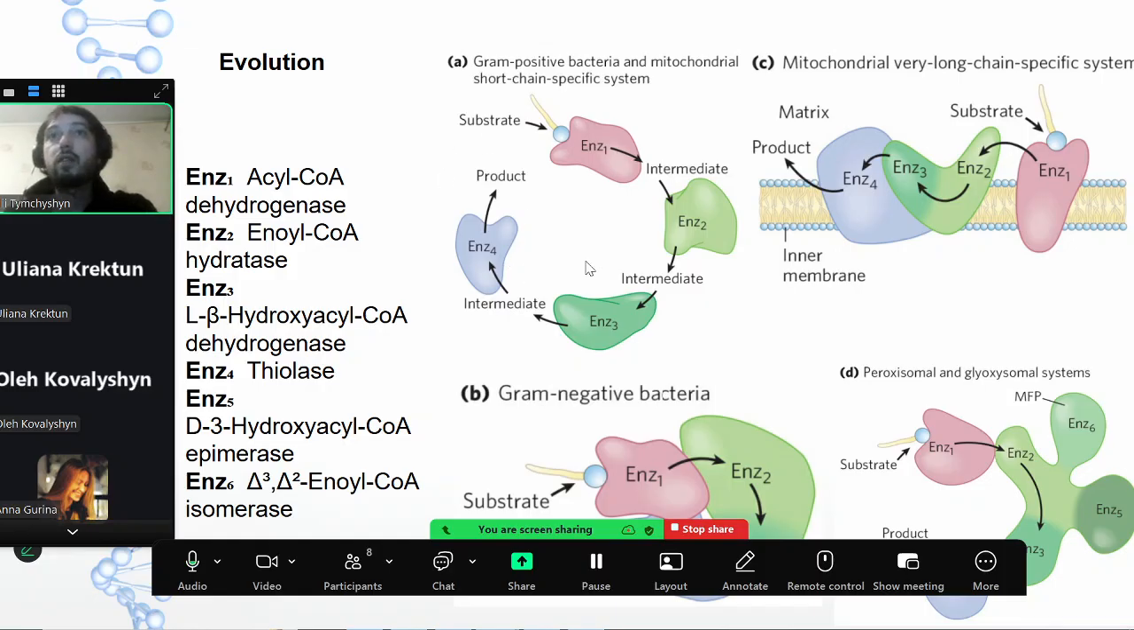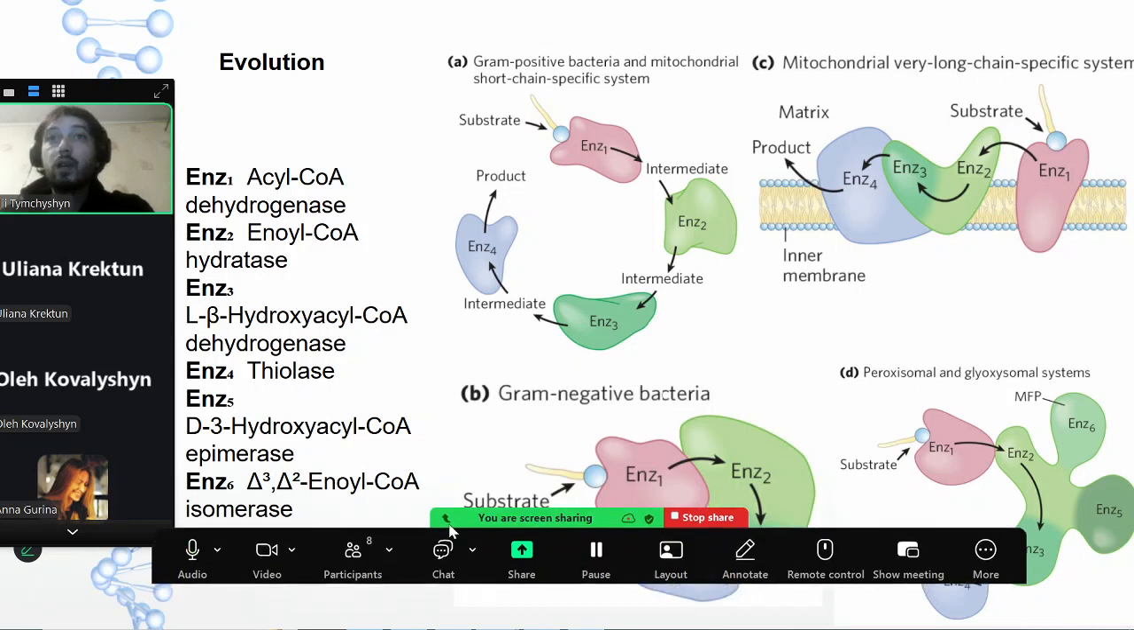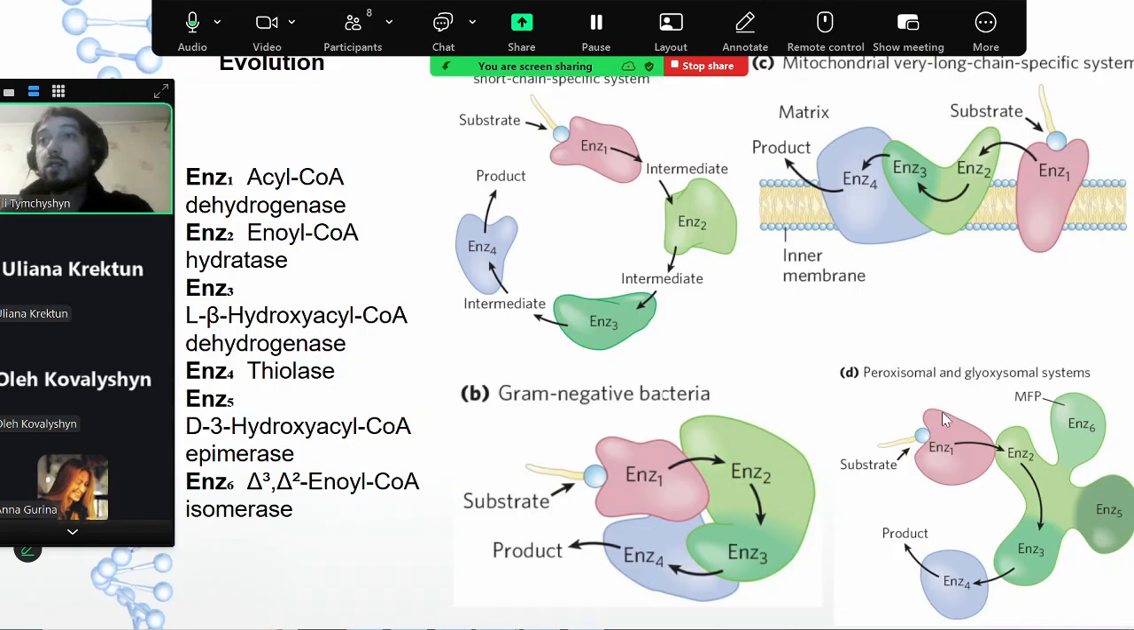So here are these 4 enzymes that take the fatty acid, you see, as an input, and produce some product. You see that they can be attached to a membrane. For example, here is the mitochondrial very long chain specific system, so that's how it looks. In the peroxisomes, it looks like this. So here you see these four enzymes, and they are connected to the